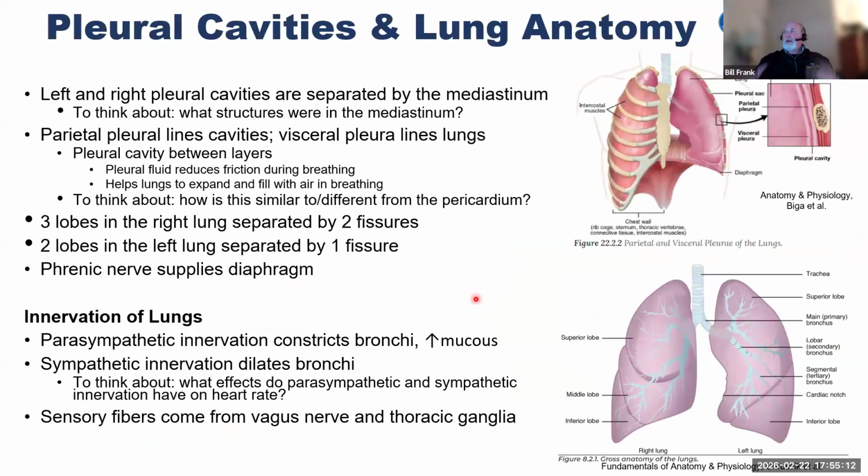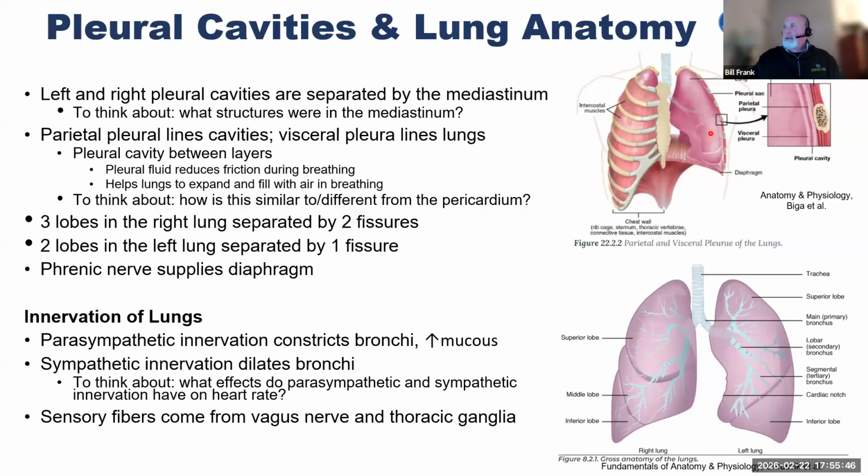All right. So we're talking about the mediastinum and the pericardial sac. Let's talk about the pleura, the pleural sac. So the left and right pleural cavities are separated by the mediastinum. And remember, the structures of the mediastinum are everything, the heart and the great vessels and all of the stuff passing down through the neck into the thoracic cavity, and even some of them passing through in the abdominal cavity. So the pleural cavities